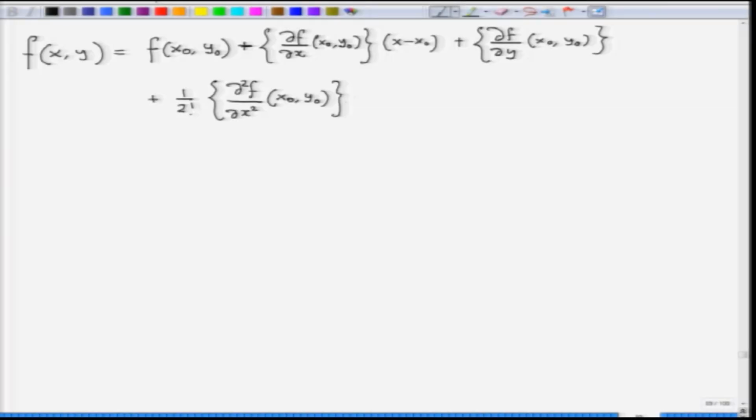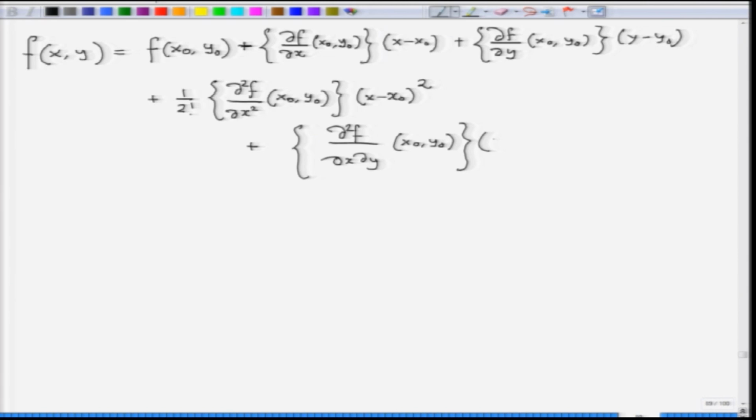So, this into x minus, sorry, here I have missed y minus y naught, x minus x naught whole square, plus del 2 f del x del y evaluated at x naught, y naught, multiplied with x minus x naught, y minus y naught